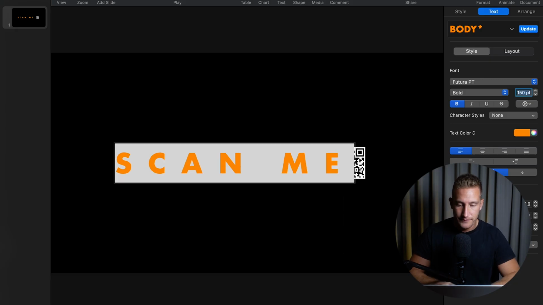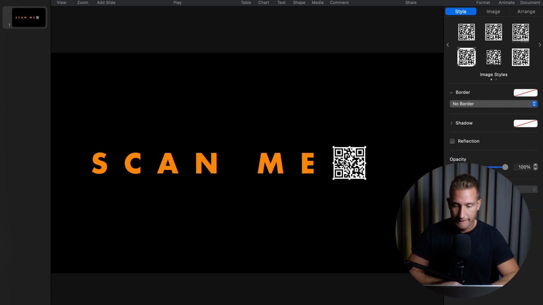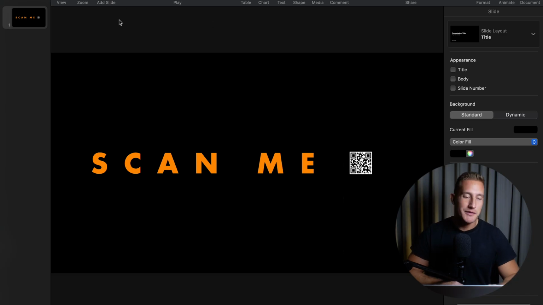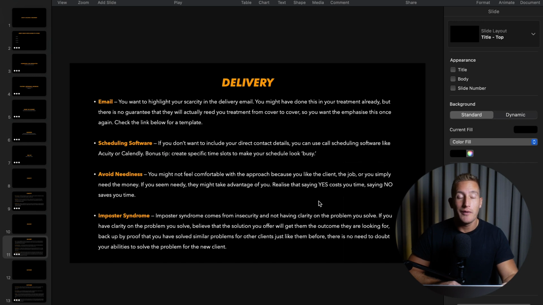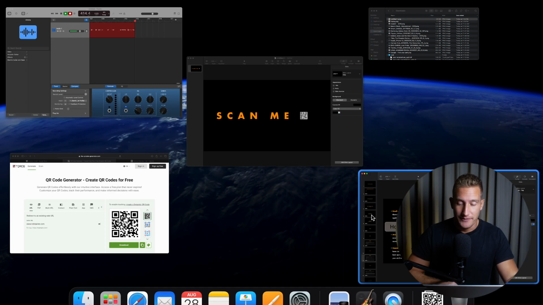Bigger. Could also be a possibility. Nonetheless, a QR code with a call to action might be a more visually interesting way to add some urgency inside your treatment, on top of sending the email.